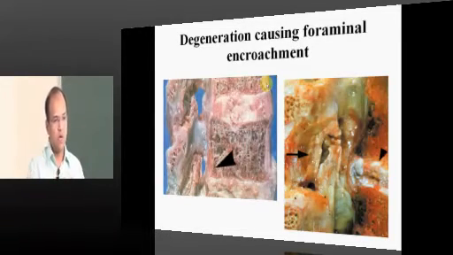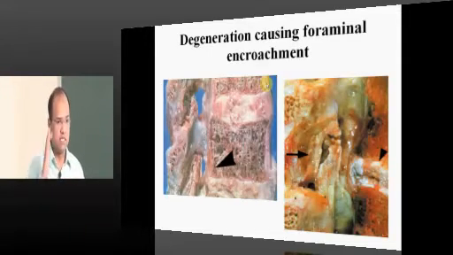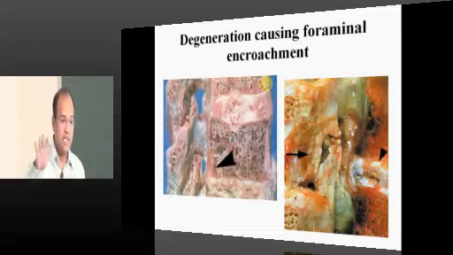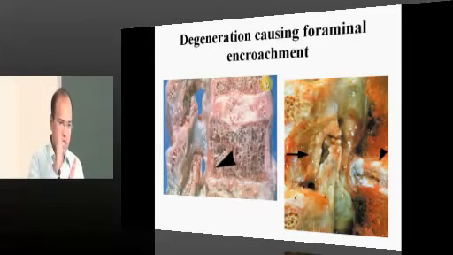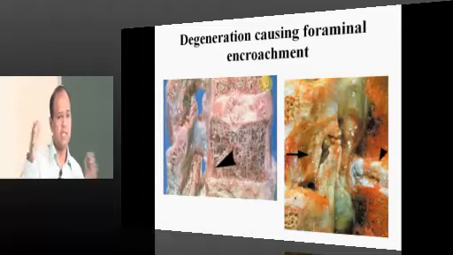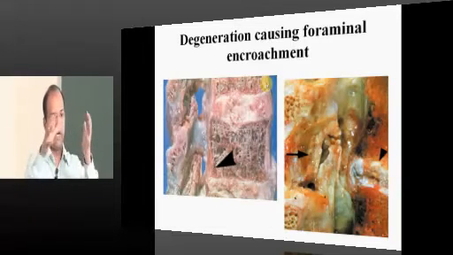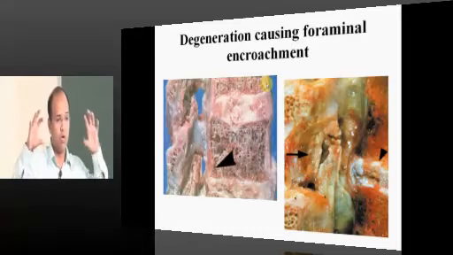These facet joints, because of the inappropriate rubbing and all those actions over a period of time, which is happening because of instability, they get degenerated. Once they get degenerated, the body tries to form new bone so that it can get stabilized. Now these facet joints, which are there like this normally, they hypertrophy. They become bigger because the instability is pushing that way, this way. So the body tries to form new bone and stabilize the facet joints, and it forms more new bone.